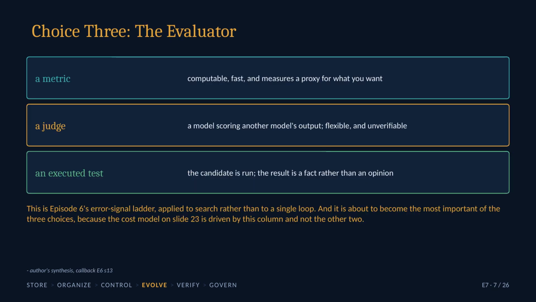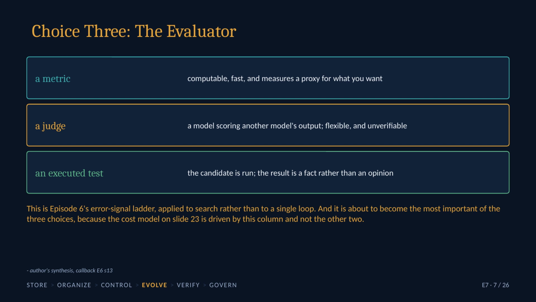Third choice, the evaluator. A metric: computable, fast, and measuring a proxy for what you actually want. A judge: a model scoring another model's output, flexible and unverifiable. Or an executed test, where the candidate is run and the result is a fact rather than an opinion. You have seen this before, it is episode 6, the error signal ladder,